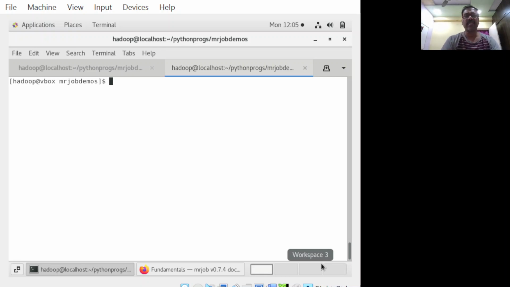In your host operating system, you can test your mapper and reducer scripts in local storage, but your scripts will not work in HDFS storage, because HDFS doesn't know where the site-packages are installed. So if you want to import packages like numpy and scipy, then we have a beautiful library called